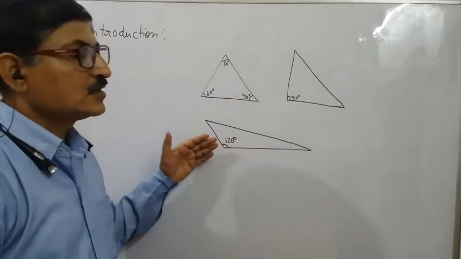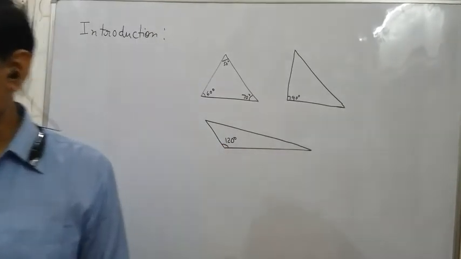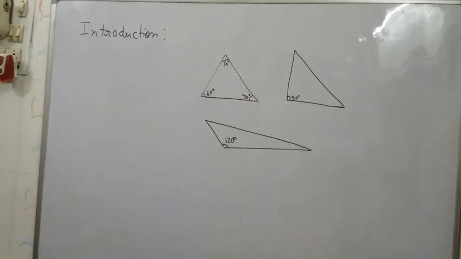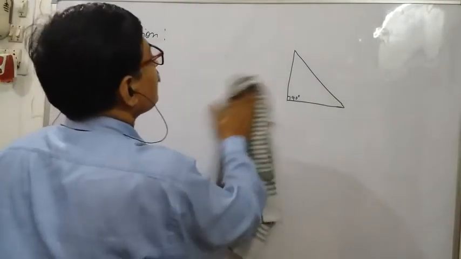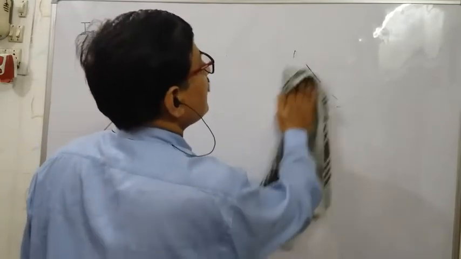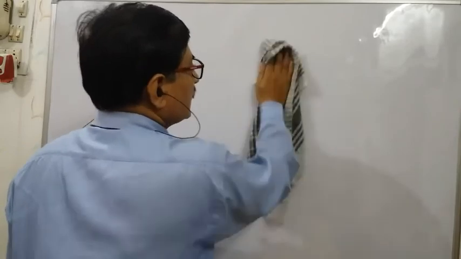The triangles on the basis of the angles. So on the basis of the angles and on the basis of the sides, six elements we have discussed here. Now the angle sum property: already you know that the sum of the angles in a triangle is equal to 180 degrees. Now the triangle inequality.